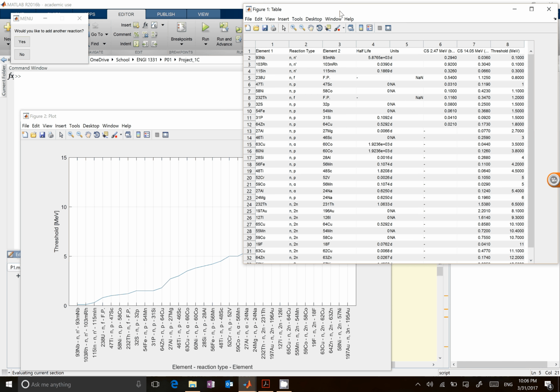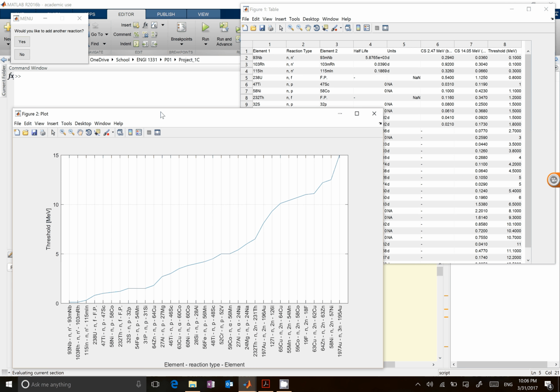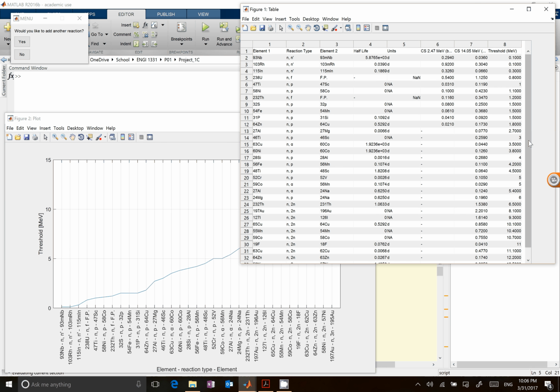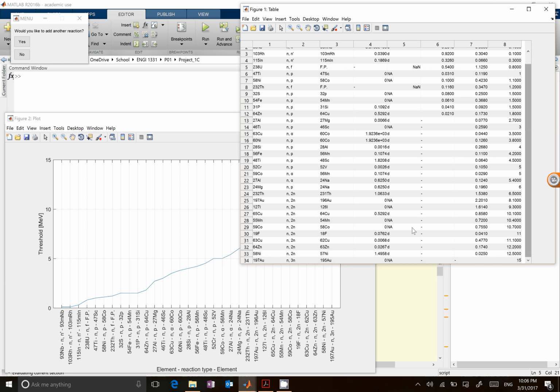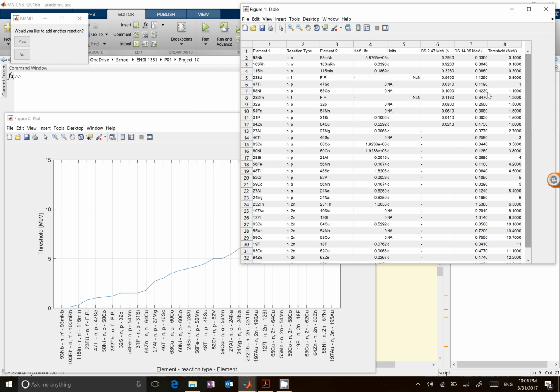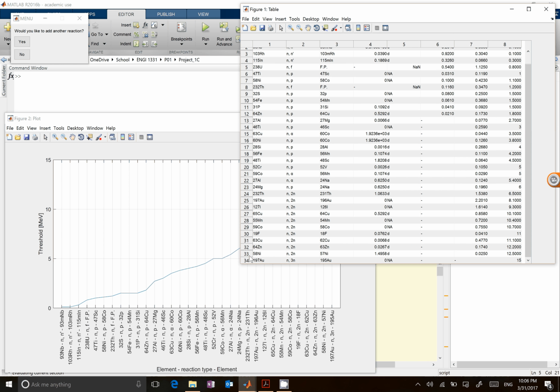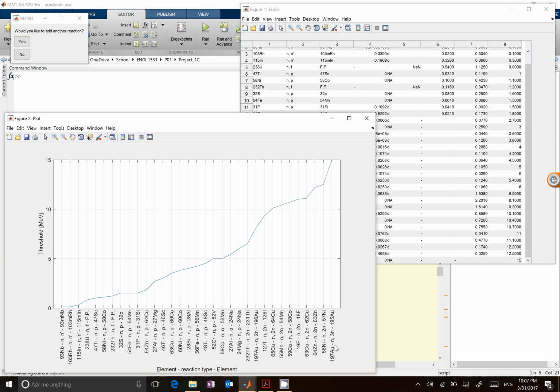and so we start off and we see that we get this table and this plot, and basically this is exactly what's in our Excel file right now. It's the data set that we acquired for this project, and it ends right here at element number 34, and this ends respectively at the same element, and we can see this trend of the threshold, which is the amount of energy output, going steadily up with these elements. So what we can do is it asks if you want to add a reaction, and we can hit yes,